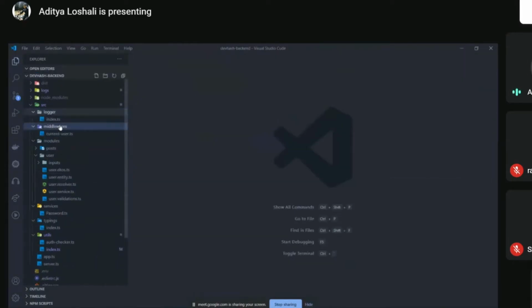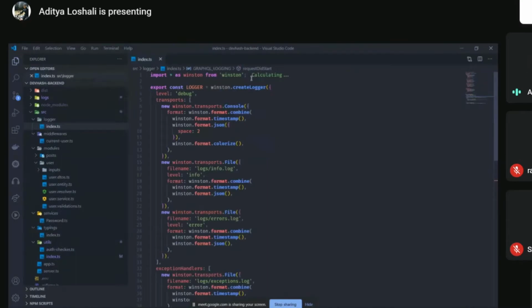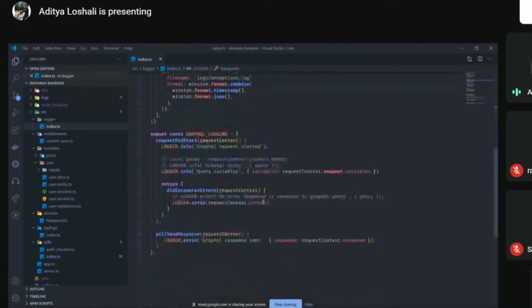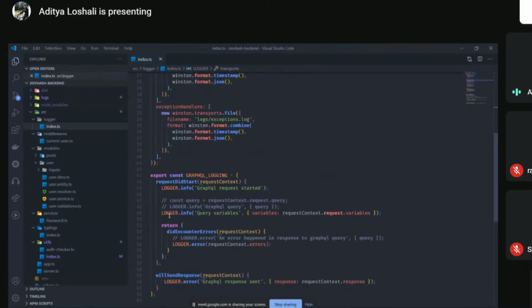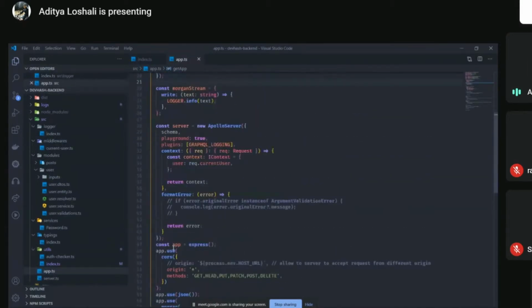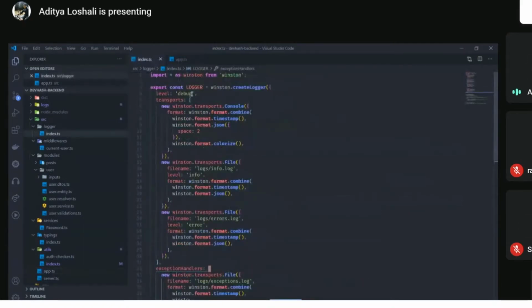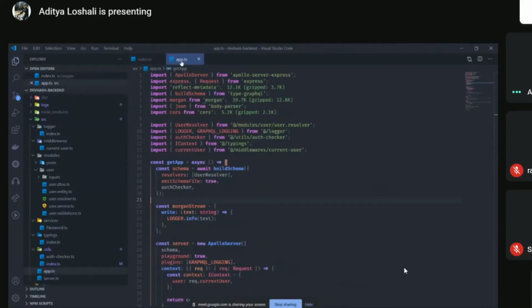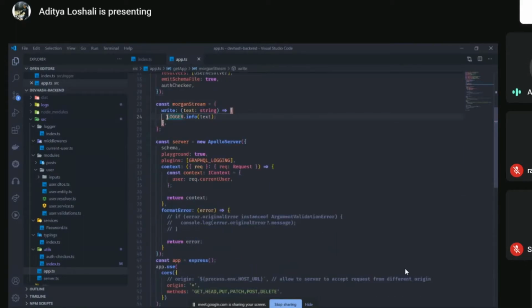And the last thing that we need to go through is the logger. This is just the Winston module, and it creates the log file for anything happening on the backend. So we create a logger here, we create the GraphQL logger here, and we just attach it in the app file. We export the logger from here so that we can log something from any module. Like we imported it here, and to log something we just do it like this, logger.info.